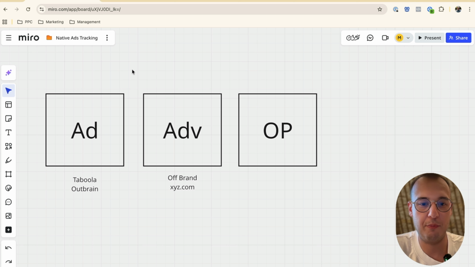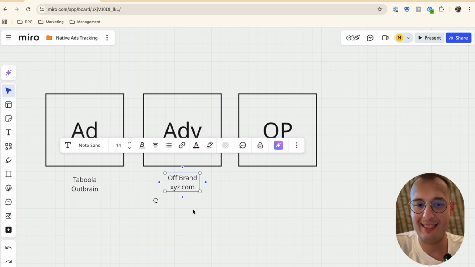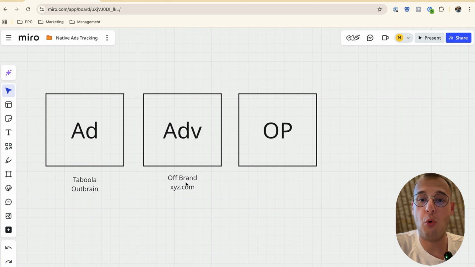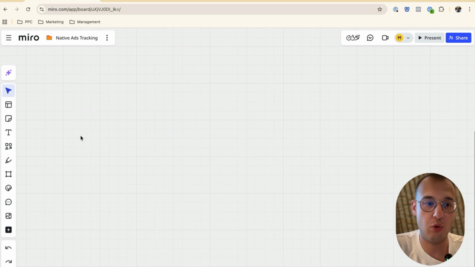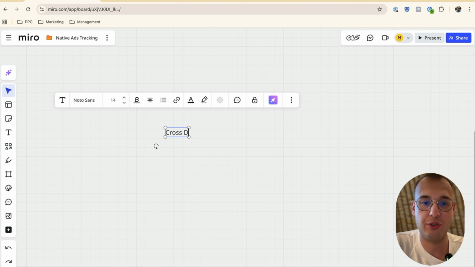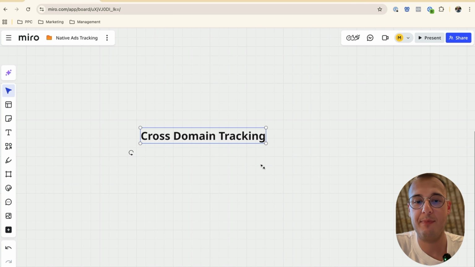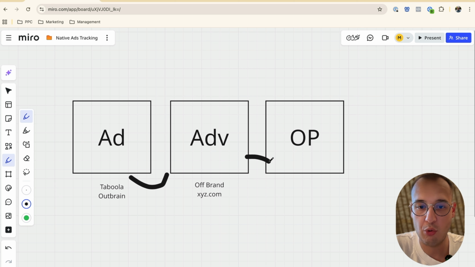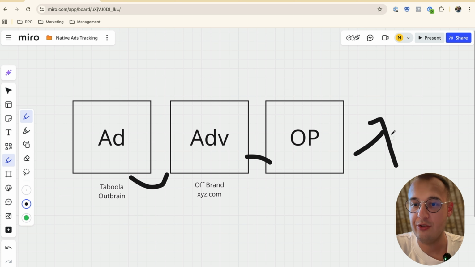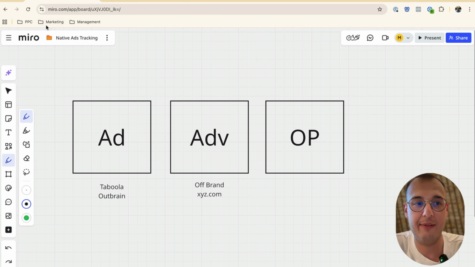And I see nowadays a lot of brands, especially with Facebook advertorials, run it on brand, for example on their Shopify store, but this is the recommended way. And this makes it a bit complicated because you need something called, maybe you have heard about it, cross-domain tracking. This cross-domain tracking is a pain because you need to ensure you pass all the information from the ad, like the click ID, to the advertorial, and from the advertorial to the offer page, and then of course to the thank you page. So you basically need to pass all this information at any time until the very final conversion.